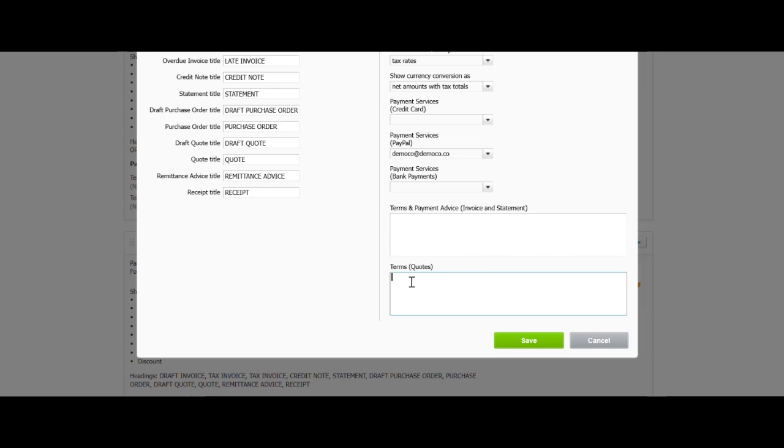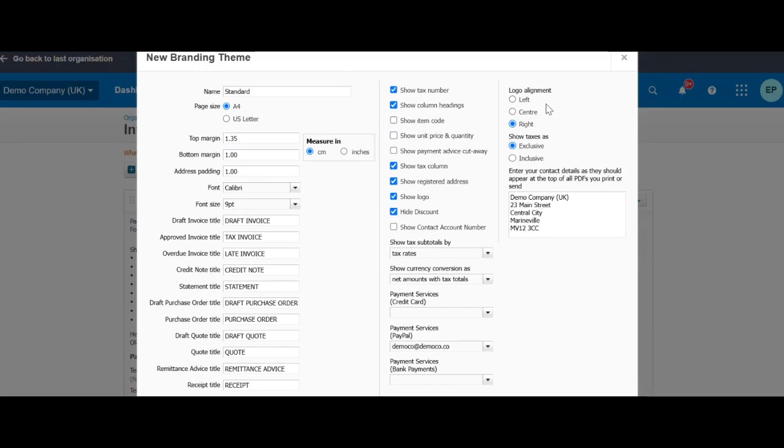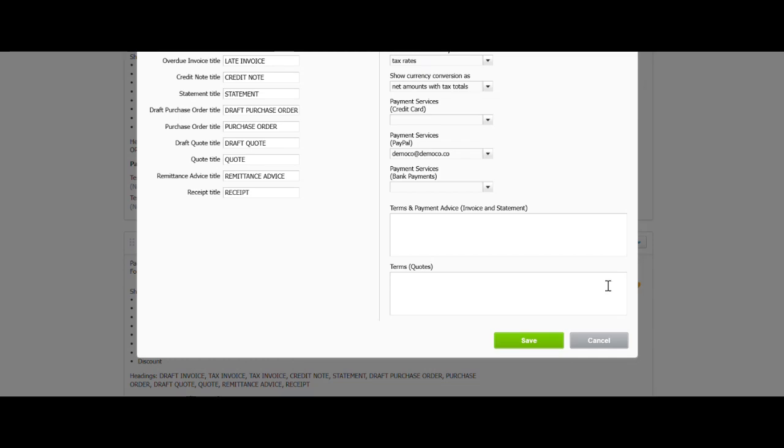You can also add some terms that will appear at the bottom of your quotes. And then you choose how your logo is aligned along with your business branding and if the taxes should be shown as exclusive or inclusive. And this is where how your company name and details are shown. So I'm going to change this to your finance team, and that is how it will be displayed. Now I'm going to save this,